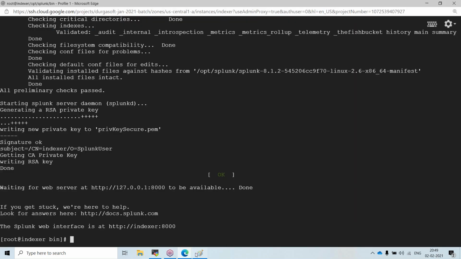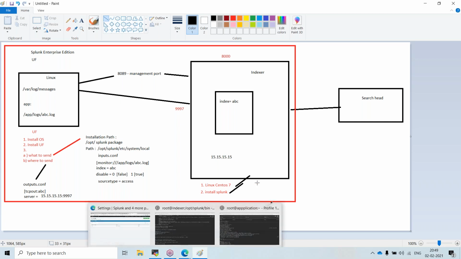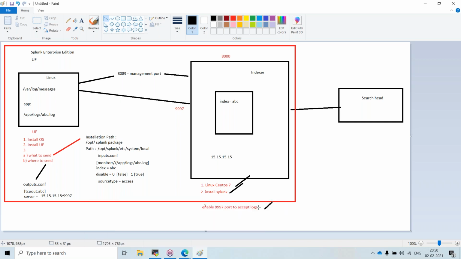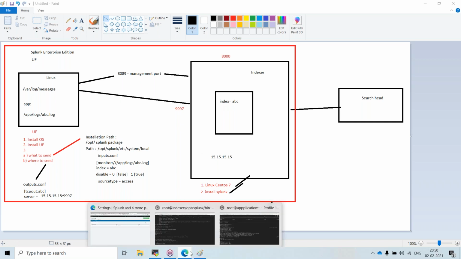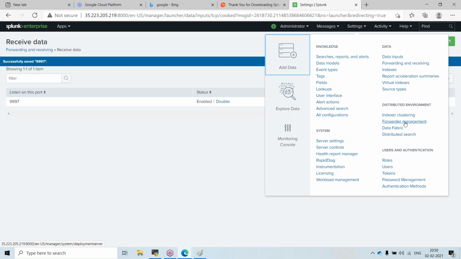So this part is done. Oh, sorry, there is one more thing: we have to create an index ABC, that is pending. We are done with enabling the port, but I need an index to receive the logs. How will we create the index? In settings, under the forwarding and receiving option, there will be one option called indexes.